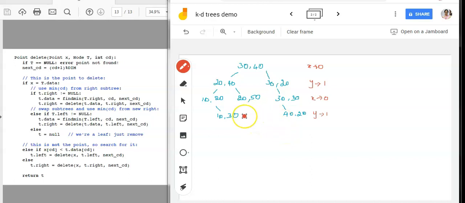Let us go for some simple case of deletion. Before getting into that, I should recollect the steps involved in deleting a node in a kdtree. As we know, a kdtree resembles the structure of a binary search tree. Insertion too takes place as in the binary search tree. However, there are some modifications in the deletion. One is, whenever you want to delete a leaf, it is okay, you can delete it without any replacement